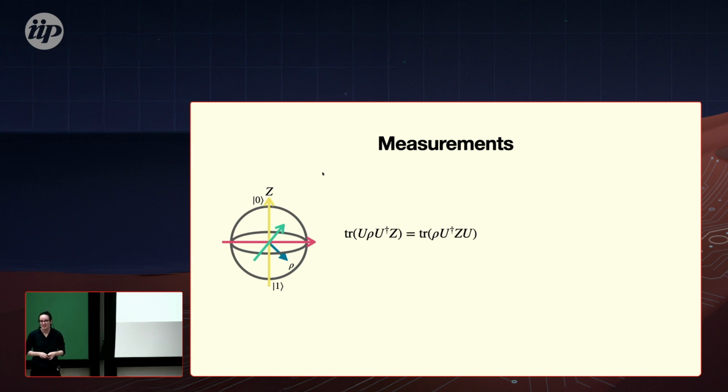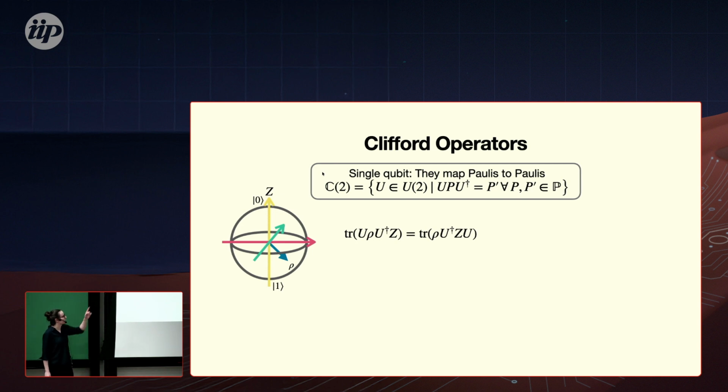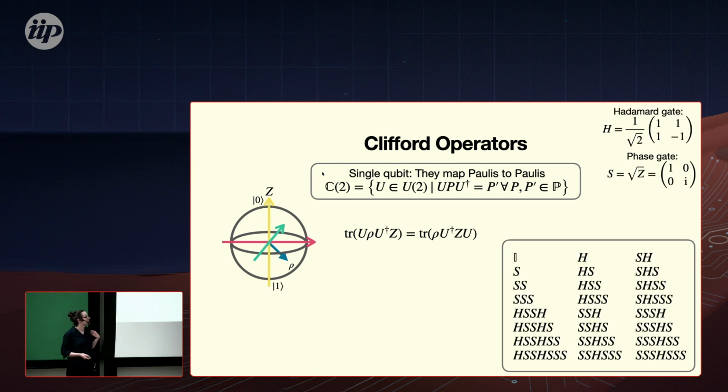And this should look familiar to you, because there's a very famous group of operators, namely the Clifford operators, that map Pauli matrices onto Pauli matrices by exactly this action of conjugation. So we will now look into the Clifford operators. And in the single qubit case, there are 24 of them. They are defined such that it's the operation that maps the whole Pauli group onto itself, where we don't care about global phases.